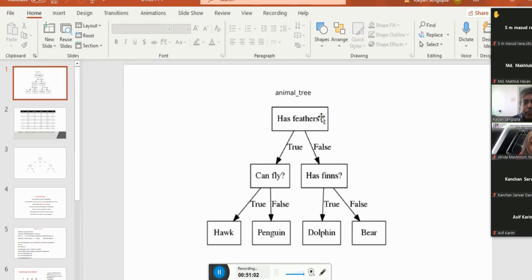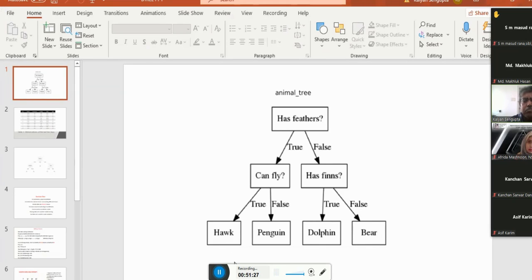Actually, I'll give you some idea of how a decision tree works. The decision tree works with some kind of dimension variables or category variables.